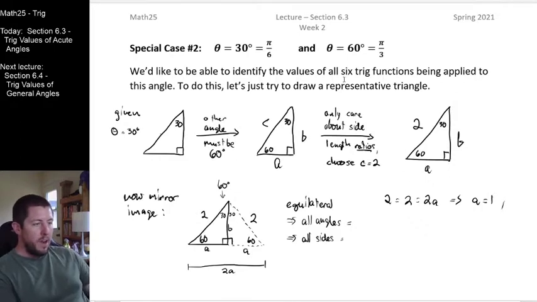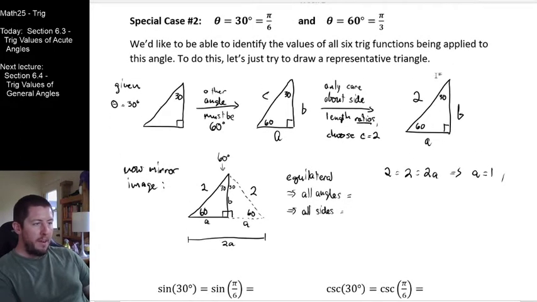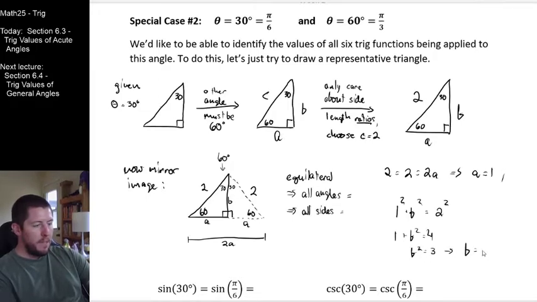Now I'm kind of back to my triangle right here. So now I'm going to do the Pythagorean theorem, and I think we're good to go. So now I've got 1 squared plus b squared equals 2 squared. And I'm getting 1 plus b squared equals 4. B squared equals 3. And I'm seeing that b is the square root of 3. So we were able to identify all three of the side lengths associated